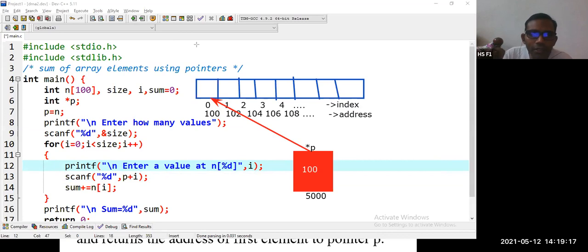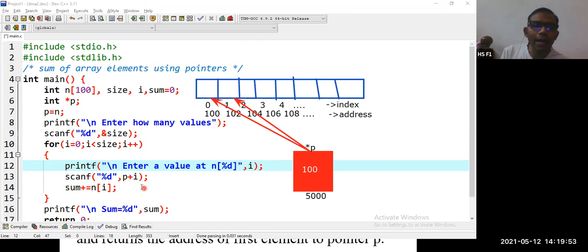In the first iteration, i value is 0. 0 plus 100, the result is 100 only. In the next iteration, i becomes i plus plus. i plus plus does not make 100 become 101. In the pointer concept, it moves by the size of that particular data type. p plus 1 becomes 102. 100 is the fixed value. We are not changing the pointer; we are adding p plus i. That's it. We are not moving the pointer itself.